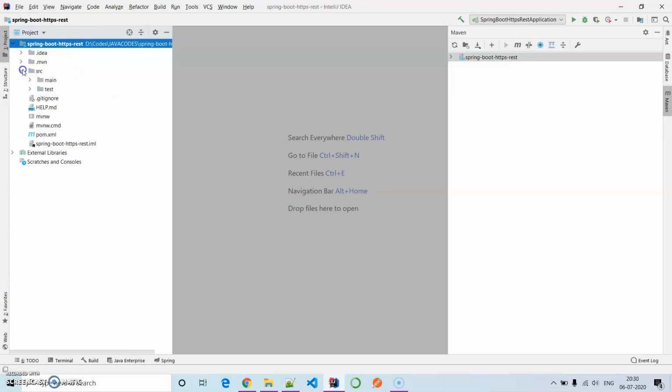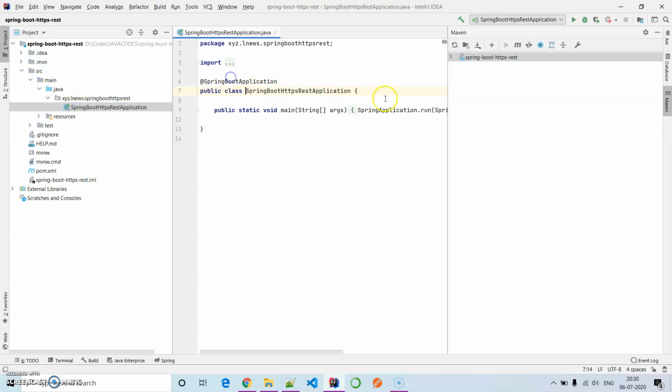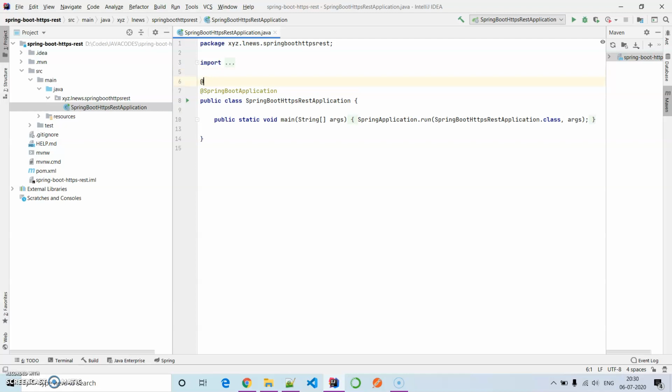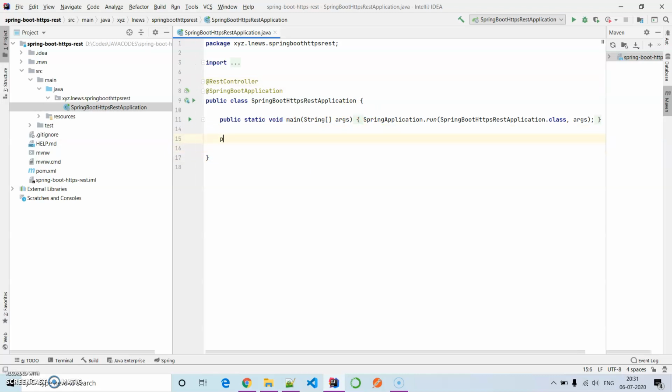First of all, I'm going to show you how the basic hello world example works here. If I select this main program, I'm going to expose it as the REST controller. So my main program is acting as the REST controller, and here I'm going to declare a public String hello, and here we are returning hello world.